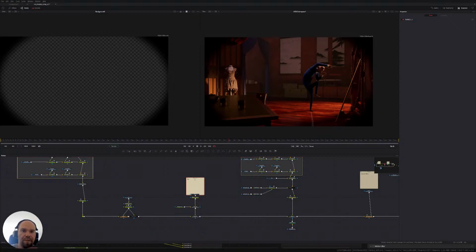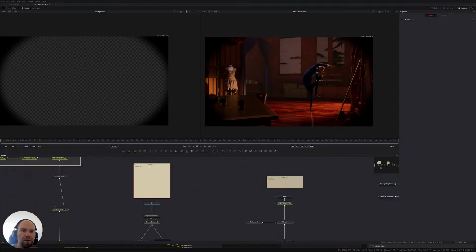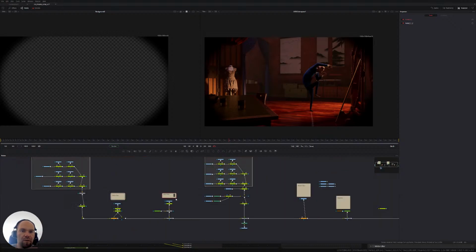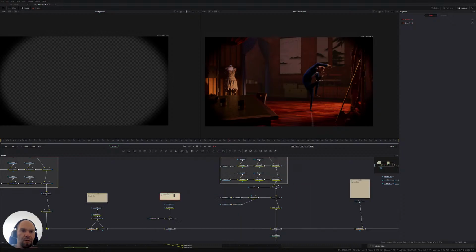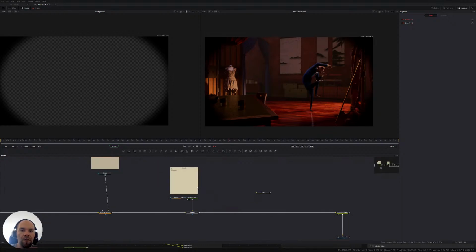Mist, can call this mist pass. And this one here is the depth blur. Okay. So now that we have these things named, now that we know which one does what, now that they're set up, we can